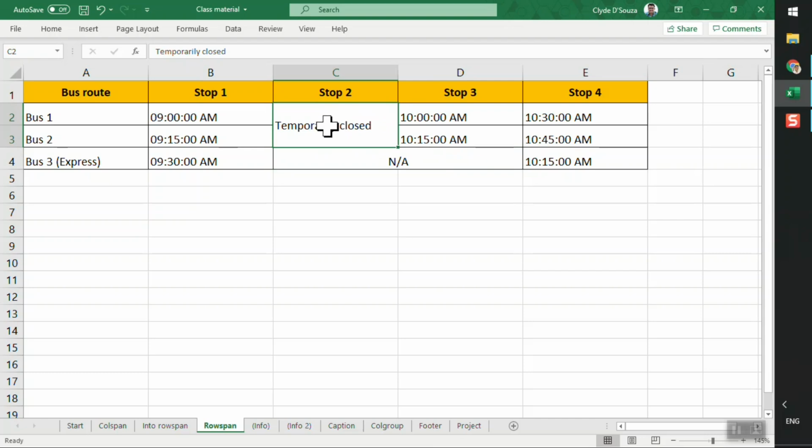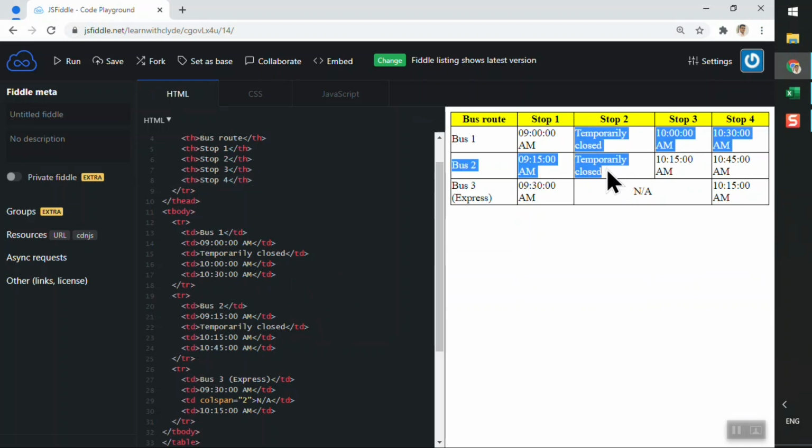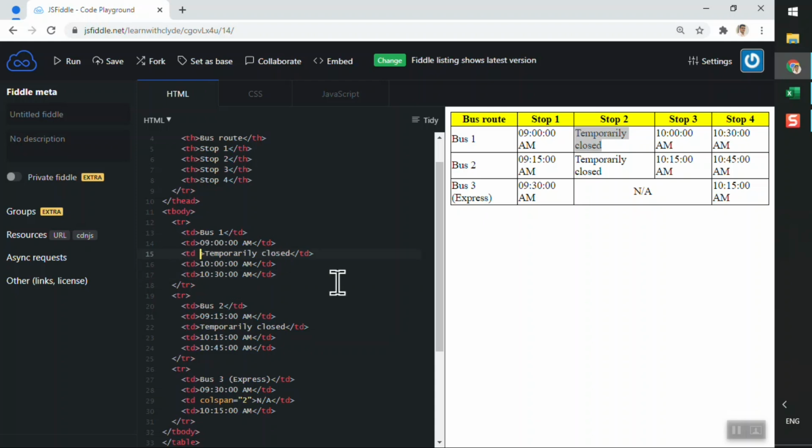Now what we want to do is we want to replicate this same design in our HTML table, and to do that we'll head over to the first cell. So always when you do a merge or when you do a colspan or a row span, you look for the first cell that is in this particular group of cells. So the first one is over here, temporarily closed, and what we want to do is just like we did for colspan, we type a space and we type in rowspan is equal to 2,